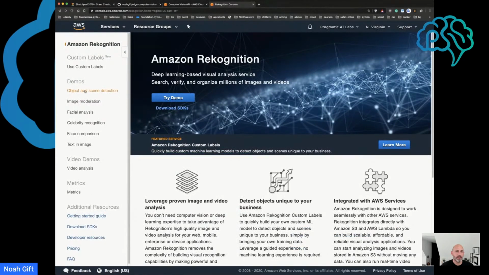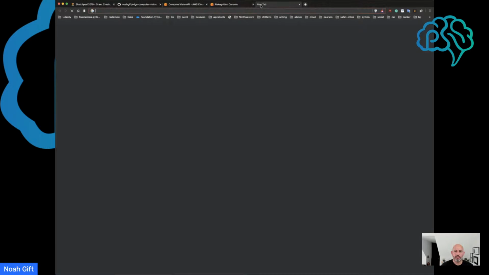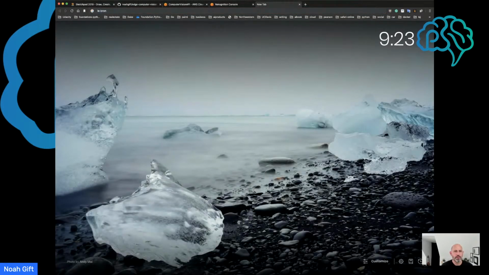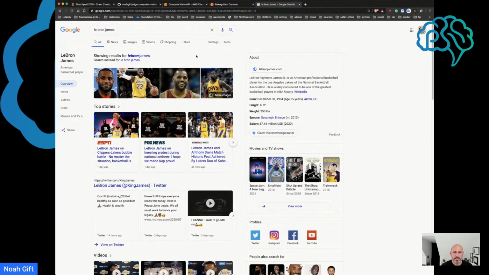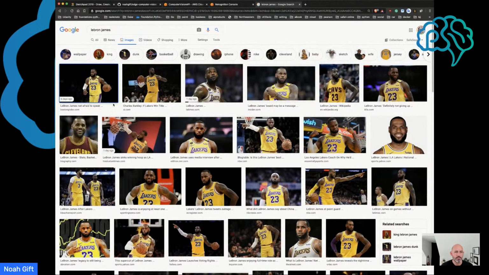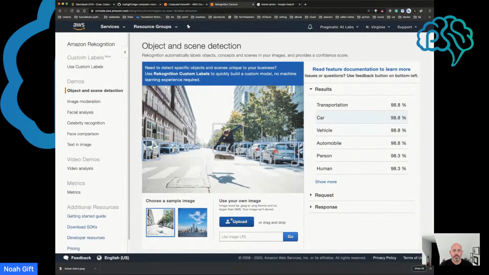The other thing that it can do is object and scene detection, which is the thing that I'm going to use here. For example, if I wanted to, let's find LeBron James. He's in the news a lot. Let's find him. Let's see here. There we go. Let's grab LeBron doing. There we go. This looks like a good picture. We'll save this, and I'm going to call this LeBron Lakers. So if I just go here and I want to upload this image,